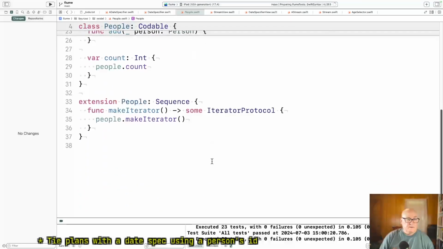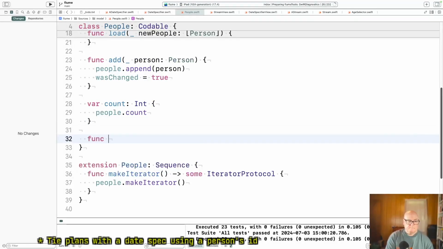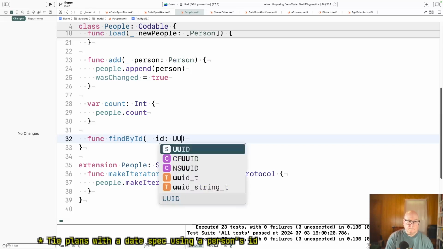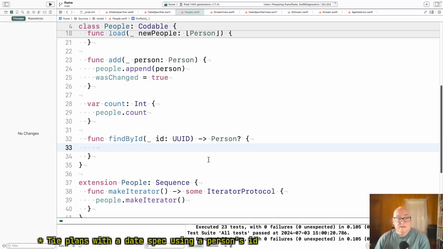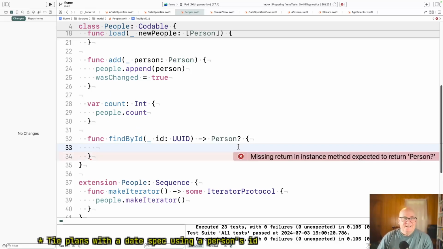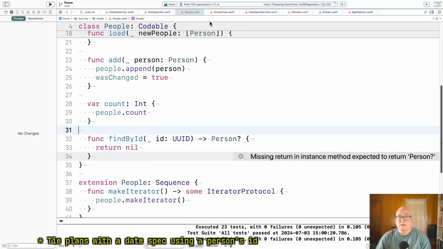It yields an optional person, unfortunately, because now we have to deal with it. All right. Well, let's just return nil and let's make a separate test for this.